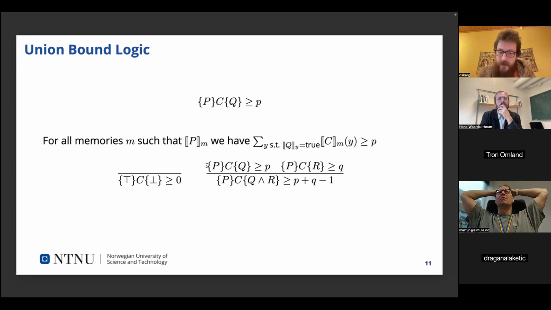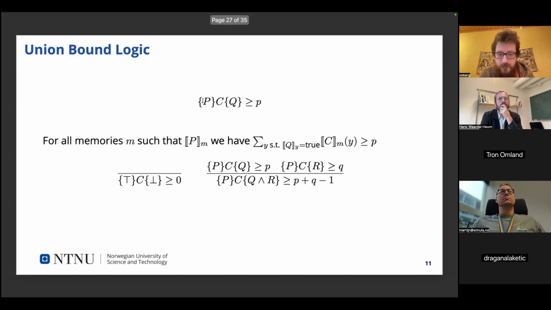Some of the rules look like the one on the right side, where you have multiple, not triples but quadruples, involved with different probabilities, and you can see how this starts to get hairy. There's also a bunch of other logics that, instead of having a precondition and a postcondition, work with expectations, or they don't work with a starting state but rather a distribution of starting states, for example.